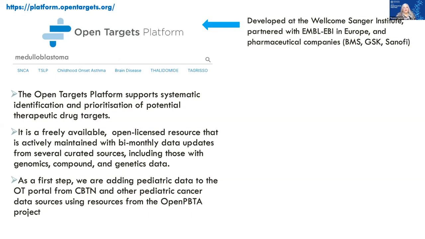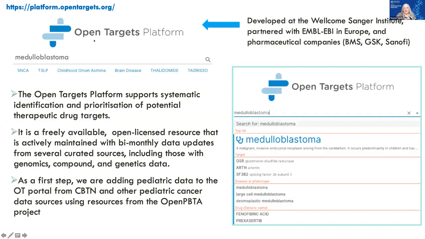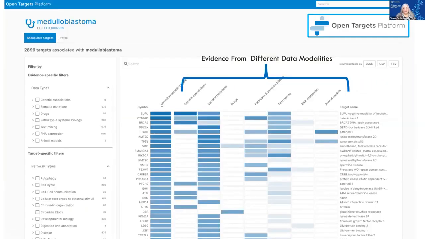So for example, we could put a search in for medulloblastoma to the Open Targets platform. And then what you'll get back is, this is just on the search term in the very front page before you hit return, it's going to do an automatic fill in for you, where you'll get medulloblastoma comes up at first. This is the disease, and they'll show you popular targets or disease and phenotypes and drugs that are already related to that. But if you click into this, you'll see a page like this,